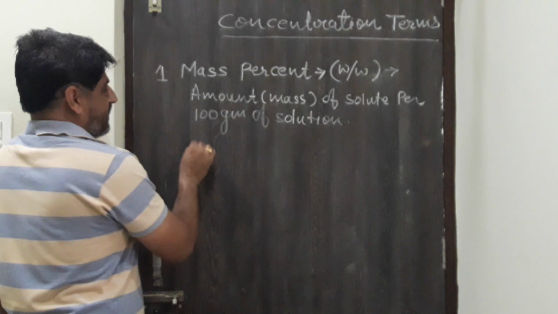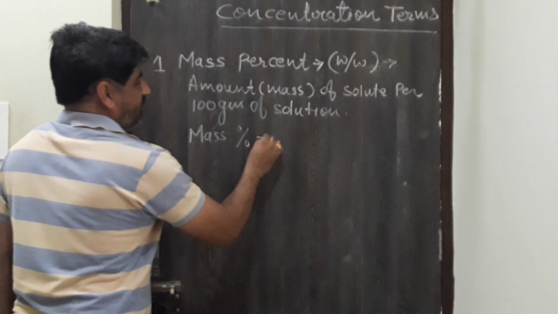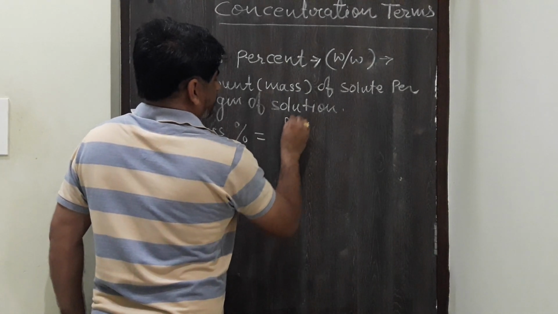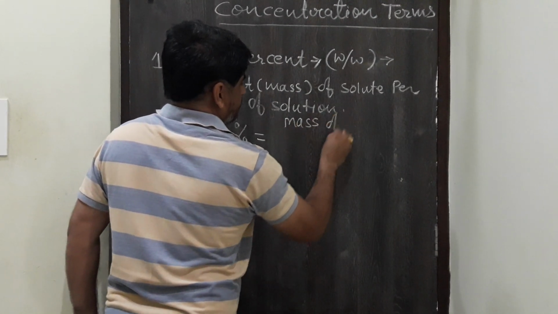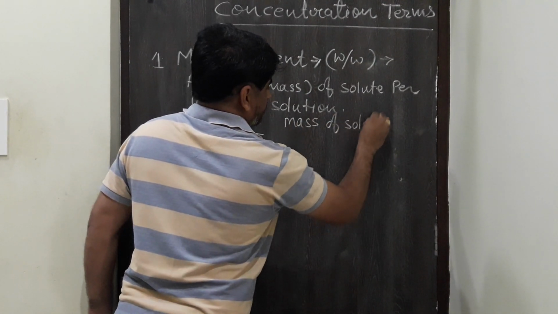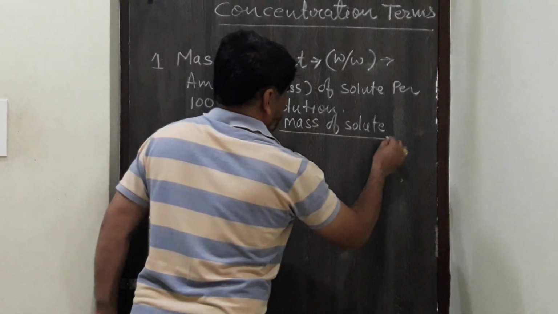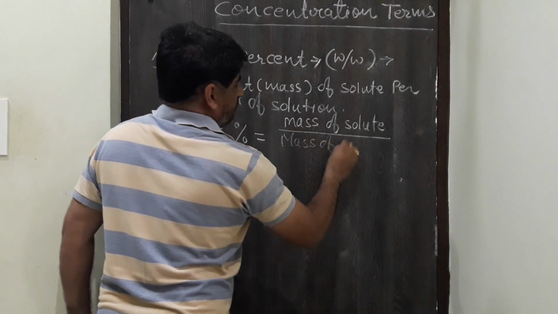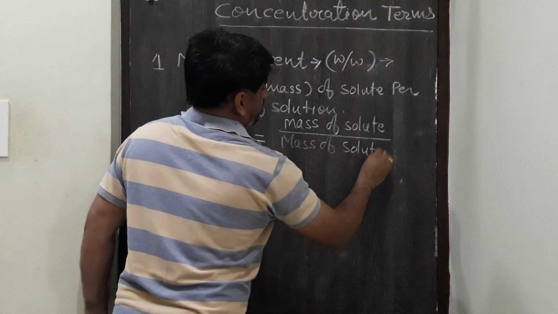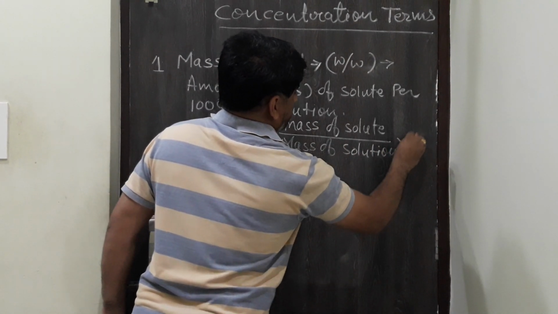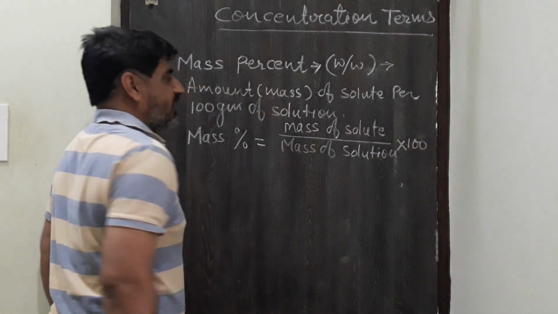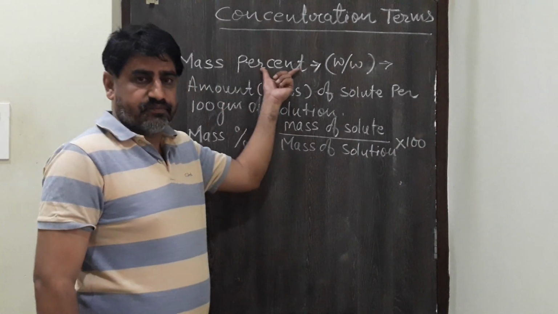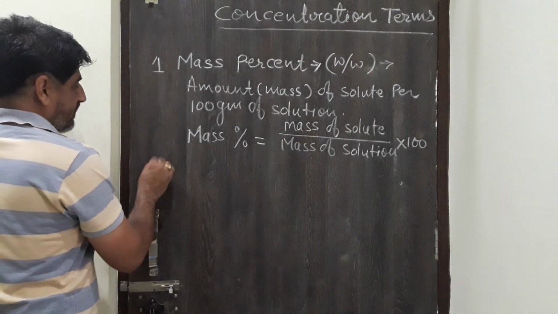Mathematically it can be expressed as mass percent is equal to mass of solute upon mass of solution. Here we are taking solution, not solvent, multiplied by 100. 100 is for percent. Second one